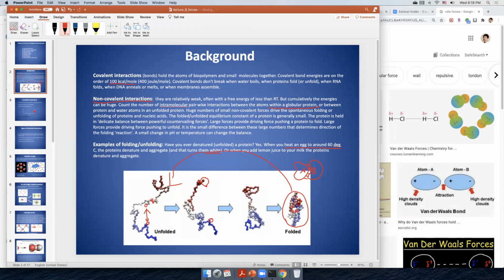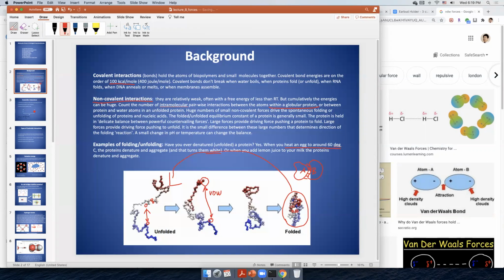But no matter how far they are, there's always an interaction which is called van der Waals interaction. Usually we use VDW. So van der Waals interactions, no matter how far away they are, there's always a van der Waals force